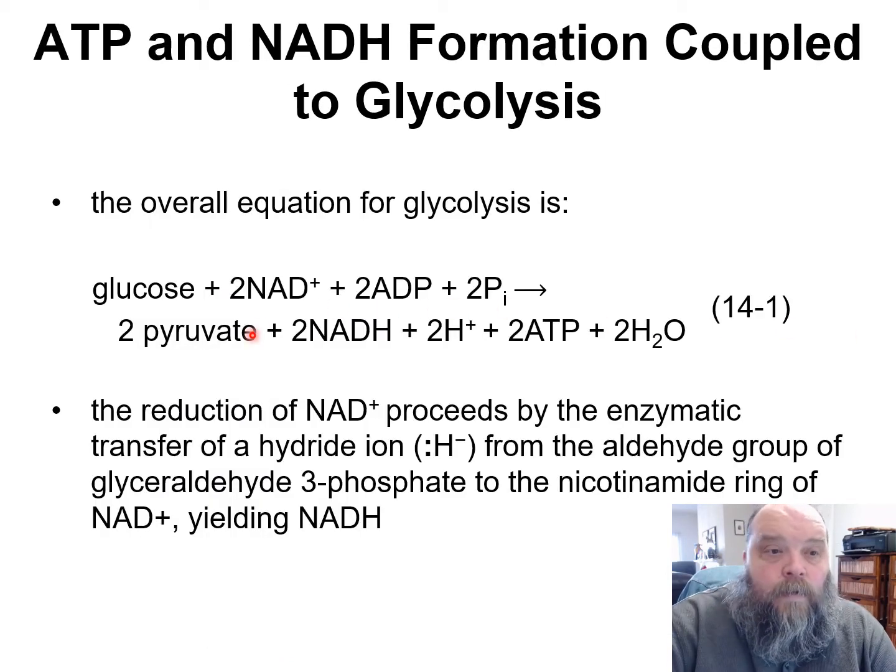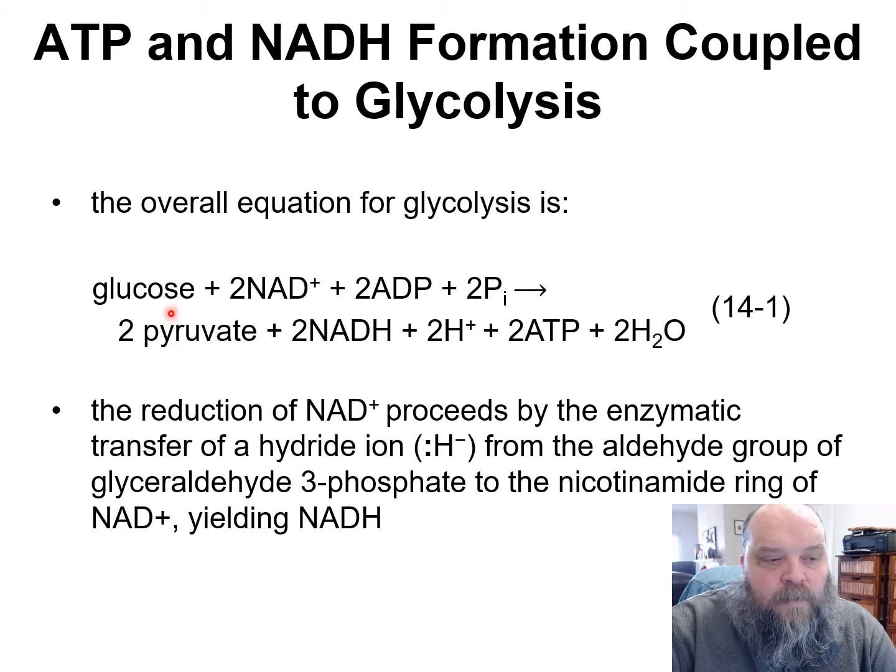The overall equation we're going to see here: glucose plus 2 NAD plus 2 ADP plus 2 inorganic phosphates. Remember, this is actually ATP. Yields 2 pyruvate, because remember, glucose gets split in half. 2 NADHs, because this NAD is going to be reduced. 2 free hydrogens, 2 ATP and 2 waters, because during the